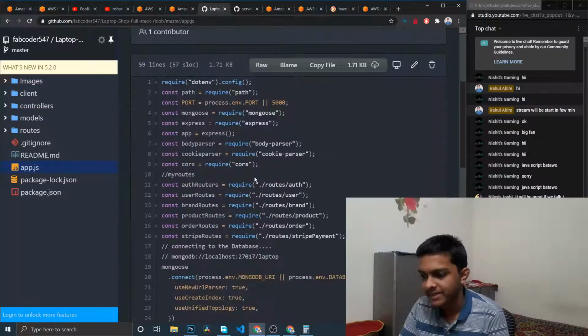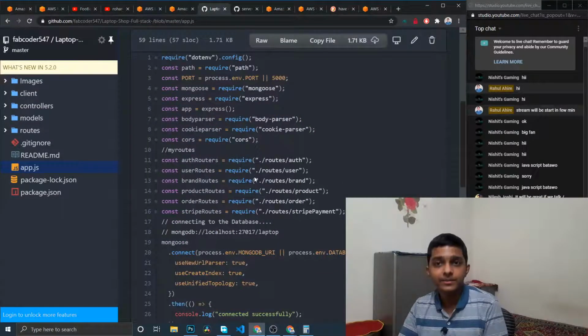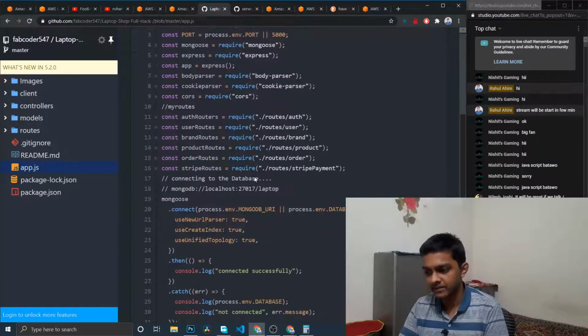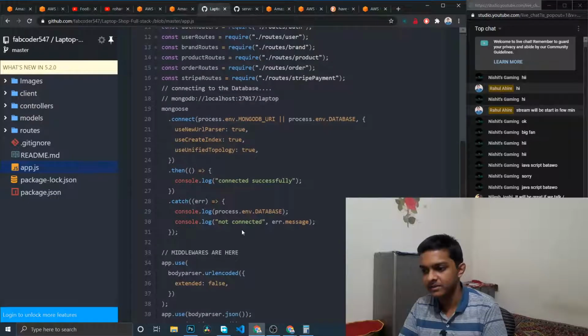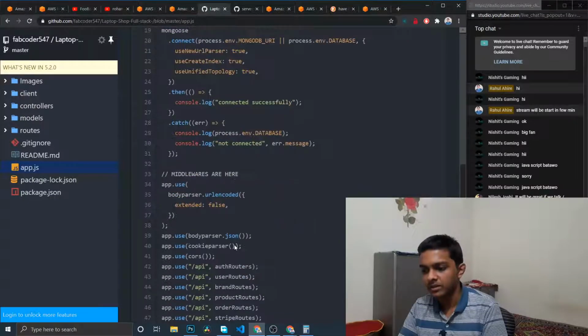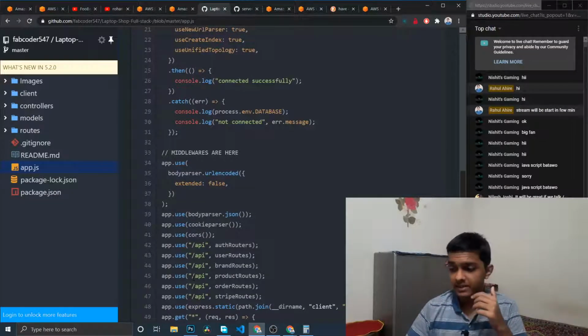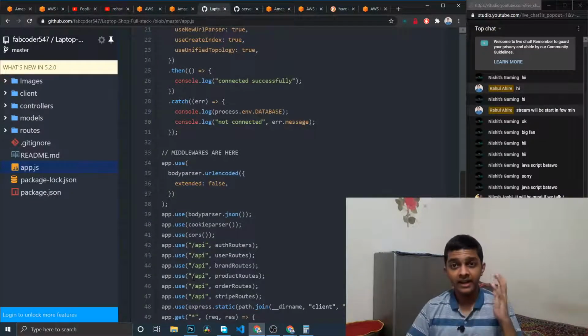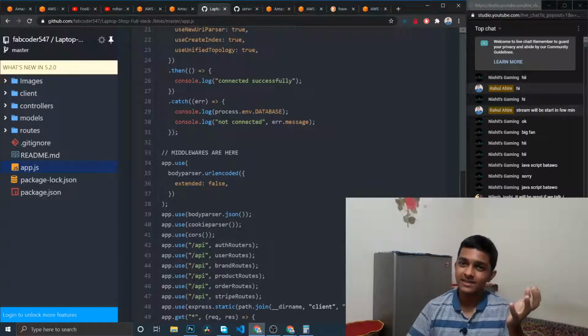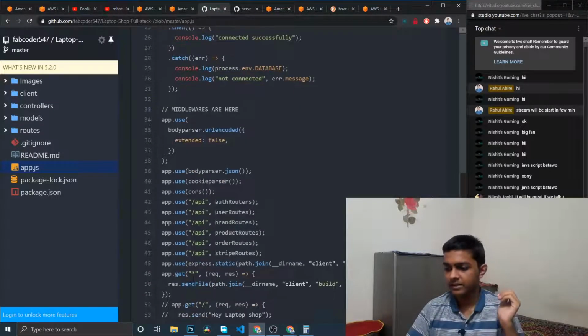As you can see, this is a normal typical Express application, or MERN application itself. He has used Express, he has used APIs, and he set up Mongoose, and then you can use app.use middleware that naturally comes with Express.